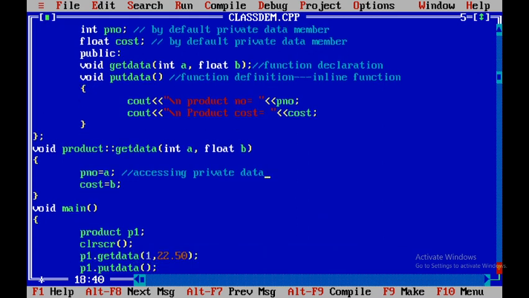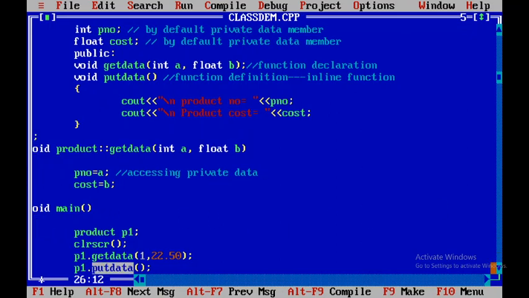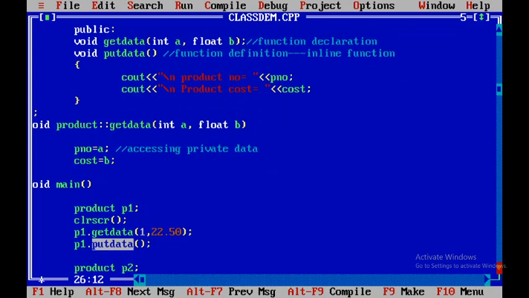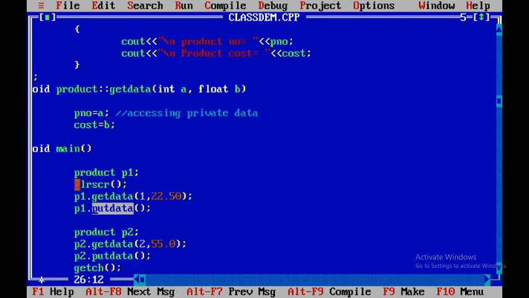So in the main function, the class is declared first and the method is defined. Now we are writing the main function, void main. In main we have just created the first object for product. The name of the class is product, the object name is P1.